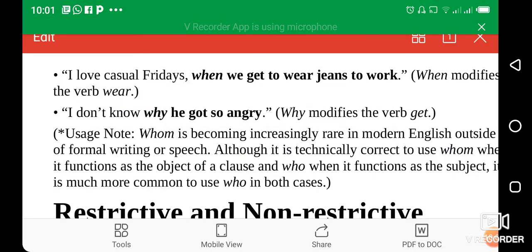Here's a note. Whom is becoming increasingly rare in modern English outside of formal writing or speech, although it is technically correct to use whom when it functions as the object of a clause and who when it functions as the subject. It is much more common to use who in both cases. So in some cases when whom functions as the object of the